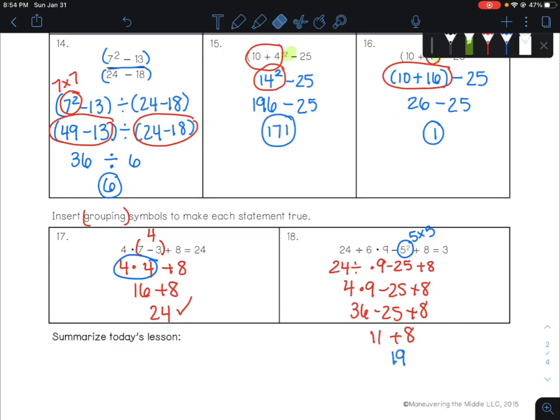If we want something smaller, let's look and see if we can make it so that we're subtracting away more. Because wouldn't it be nice if instead of 11 plus 8, it was 11 minus 8? Because that would equal 3. So to get 11 minus 8, if we go back up to the top, if we put parentheses right here, and we follow that all the way through,